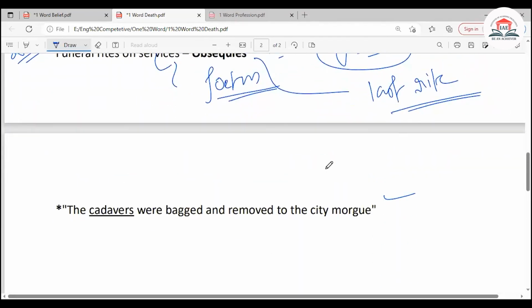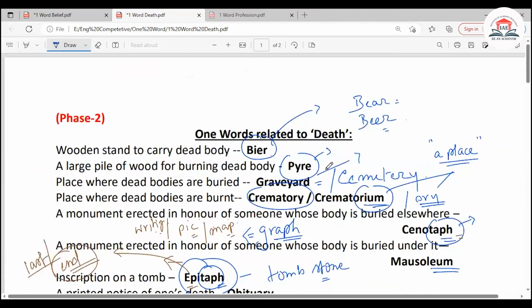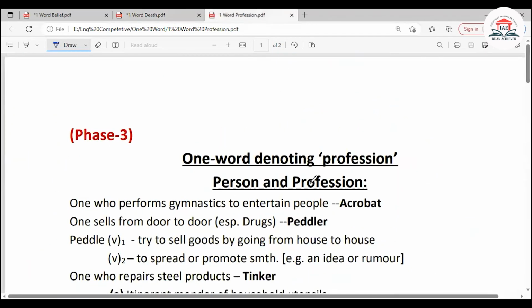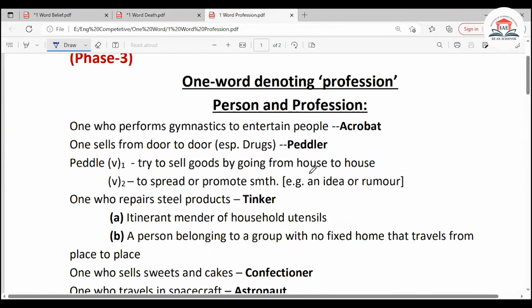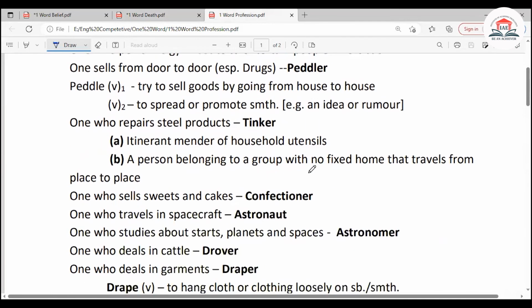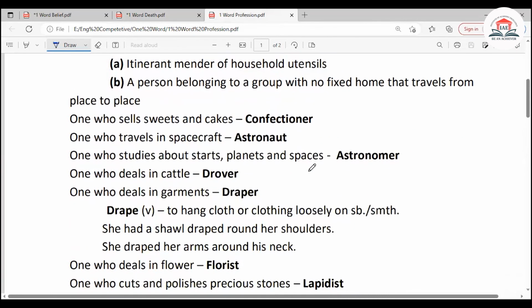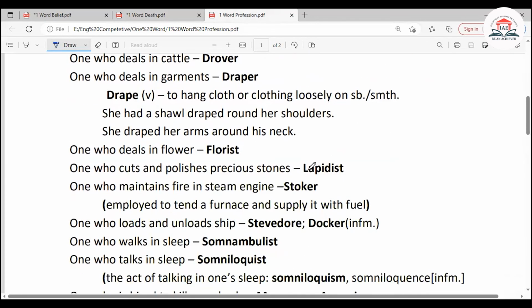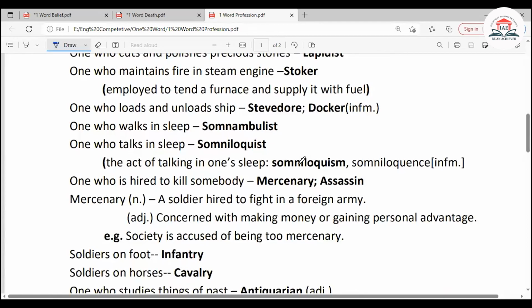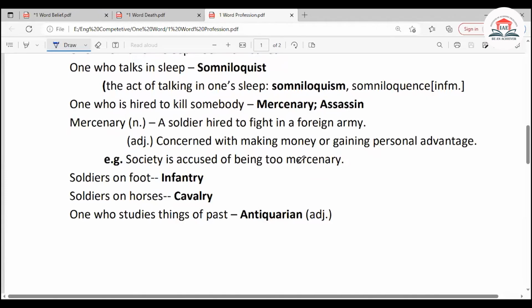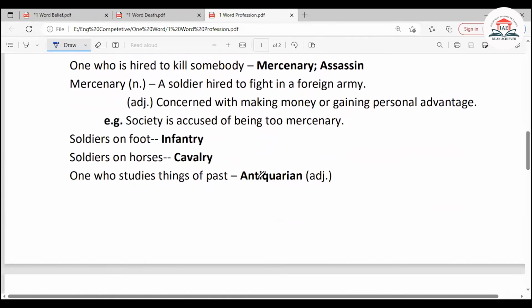Now, this list is complete regarding death. Now, in the next one, we have the one-word substitutions or the vocabs related to profession. Acrobat, peddler, tinker, confectioner, astronaut, astronomer, drover, draper, florist, lapidist, stoker, stevedore, docker, somnambulist, somniloquist, mercenary, assassin, infantry, cavalry,